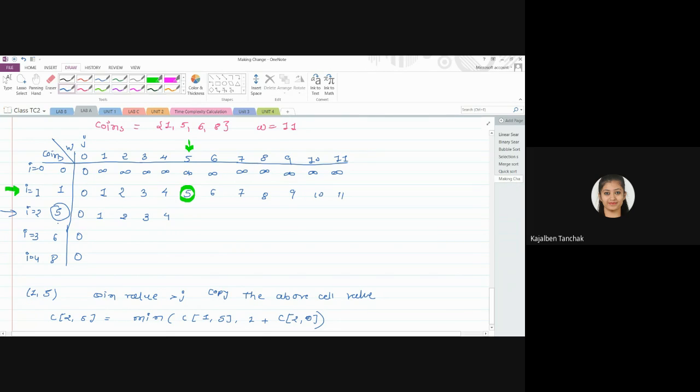So here the value is minimum of 5 and 1 plus c of 2 comma 0. Row number 2, column number 0. What is the value? 0. Okay, so here I will put 0. Minimum of 5 and 1: what will be the minimum value?